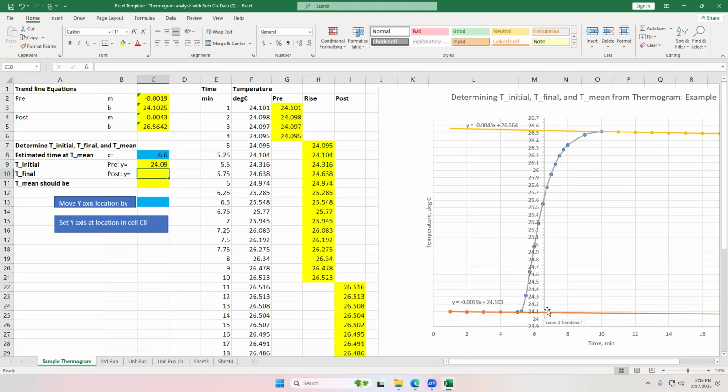24.09, that's going to be our initial temperature right there, right around 24.1. That's our initial temperature. That's where your pre-reaction trend line intersects with this vertical axis that we've chosen. Your post-reaction